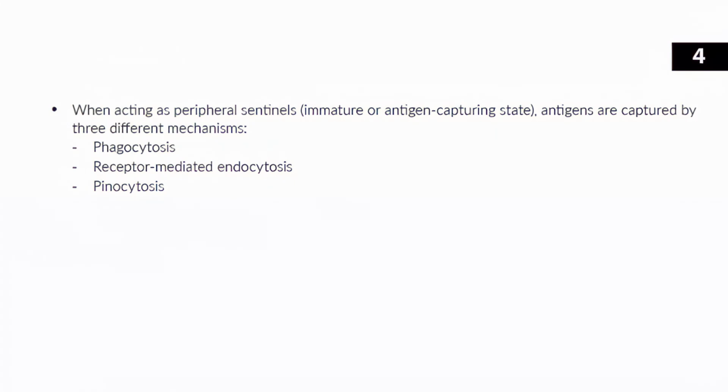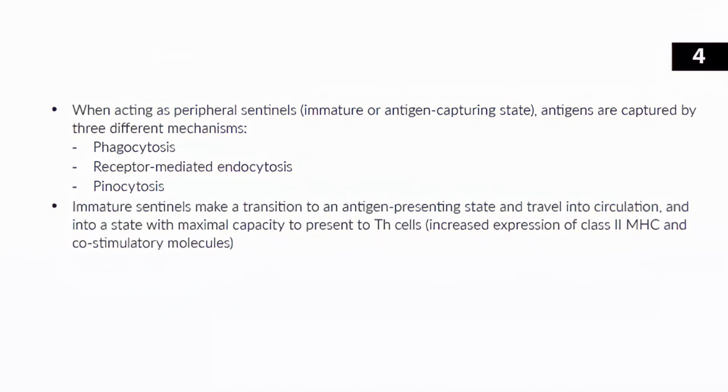are floating within it. Kind of like cellular drinking of fluid, dendritic cells can replace their entire cell volume within an hour through pinocytosis. So it's kind of like a sieve. It's just taking a bunch of stuff in and looking for any antigen it can find within that fluid. So the cell starts in this immature sentinel state, this antigen capturing state. Then, once it's captured an antigen, it makes a transition to an antigen presenting state, which allows it to travel